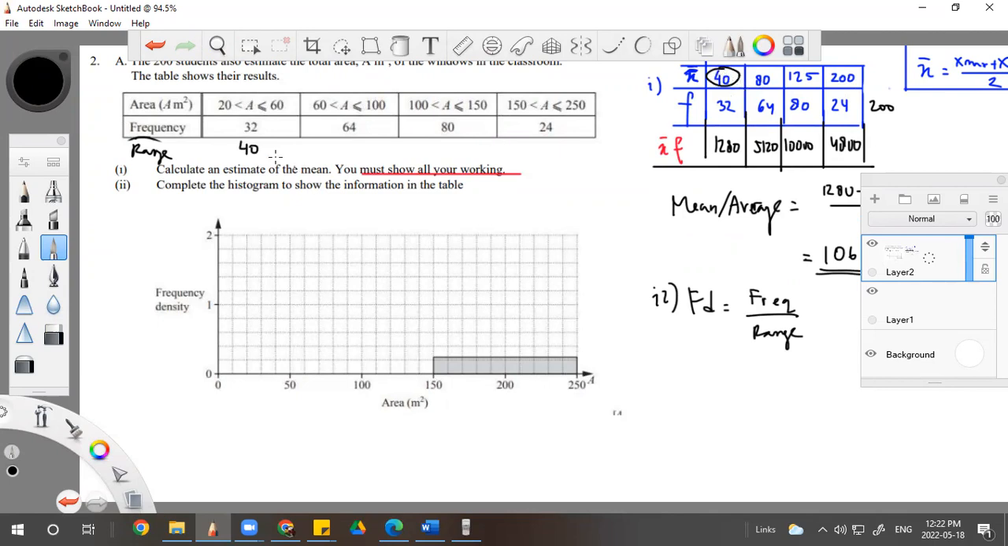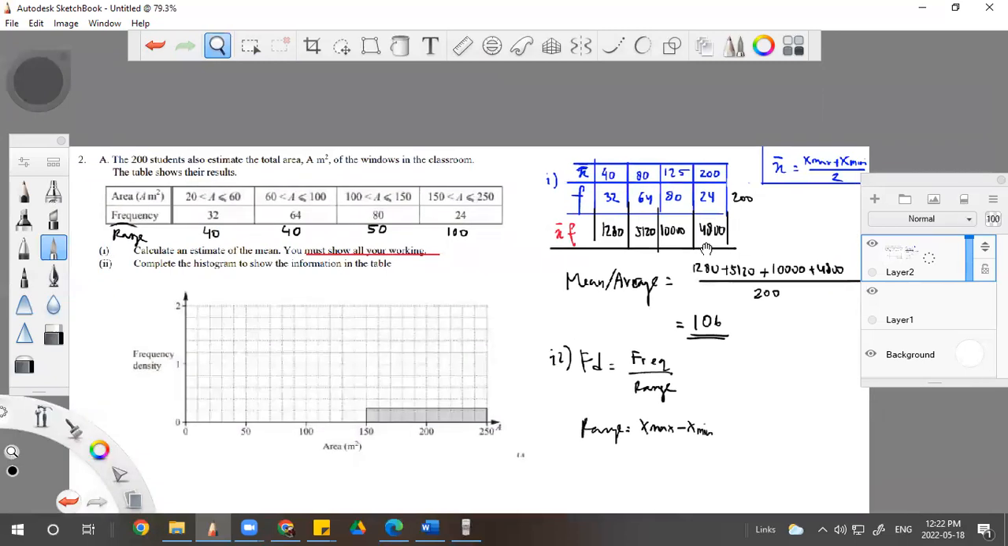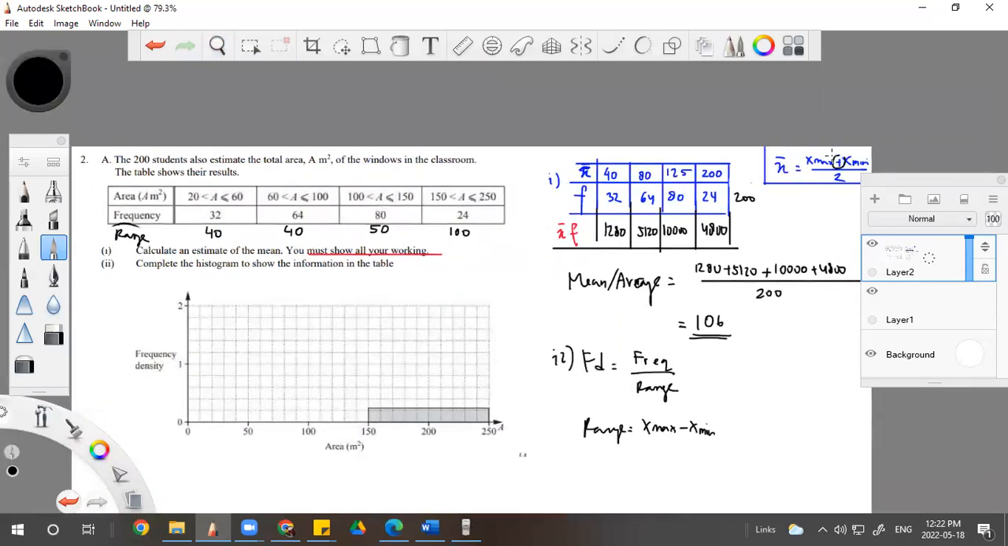Same? Not necessarily. Don't say it's the same, it's just a coincidence. So 100 minus 60, 40 also. 150 minus 100, 50, right? So 250 minus 150, 100. So the range formula equals the maximum subtract the minimum. If you want to find the middle range, you plus. See the difference? One plus, one minus, and you don't have to divide by 2 anymore. Okay, and then you do the